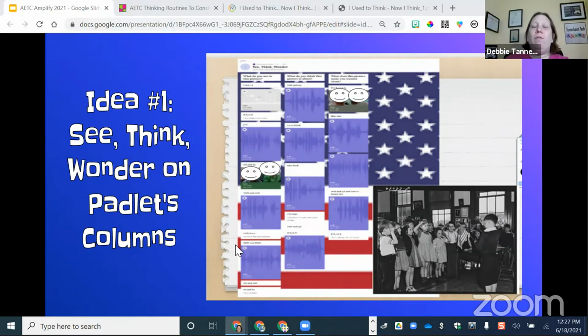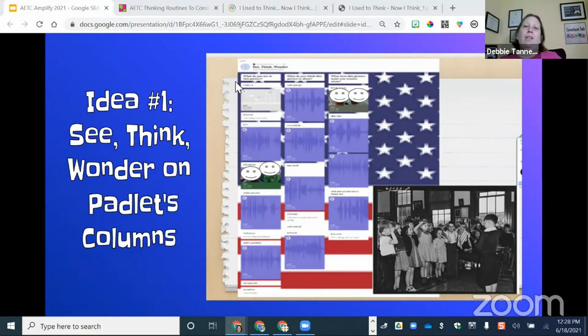In Padlet, one of their formats is called the shelf. I call it columns because shelf doesn't really make sense to me. With the columns or shelf format, you add questions on the top. There would be a plus sign for you to add it. The first question, what do you see in this picture? Second one, what do you think this picture is about? And third, what questions do you have? What do you wonder?